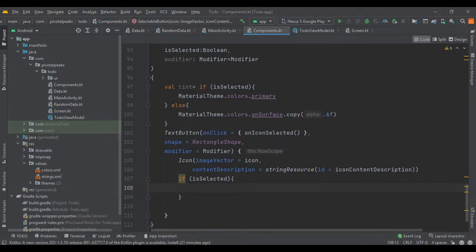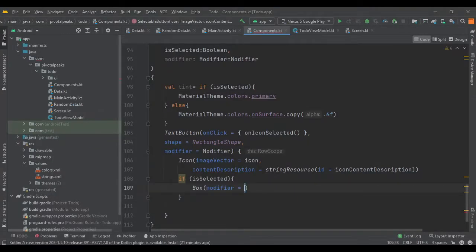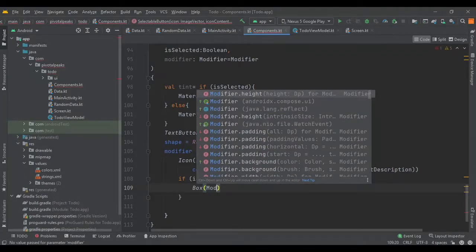It will be a line, but we are going to use Box, and we won't give it too big a height, so it will look like a line. So for the Box we need some modifier.